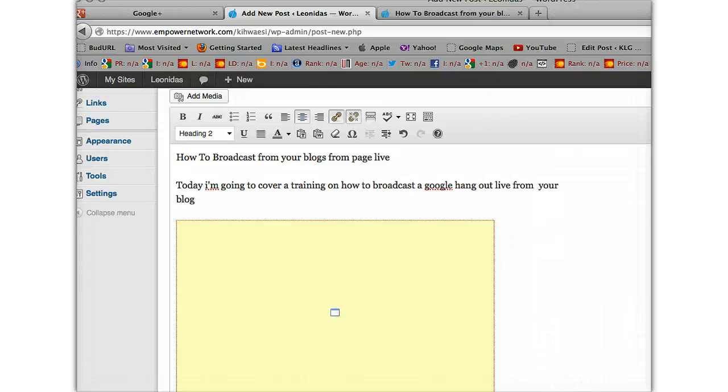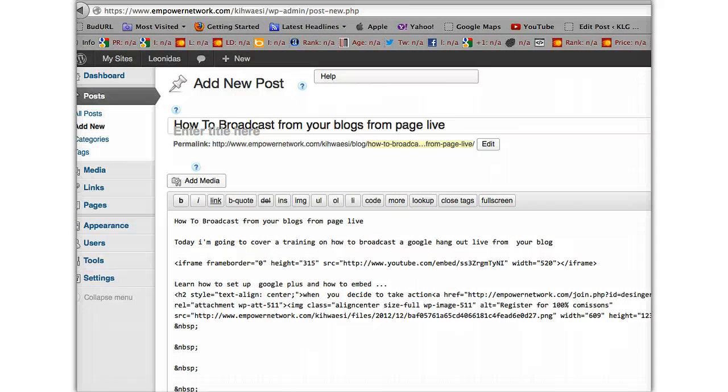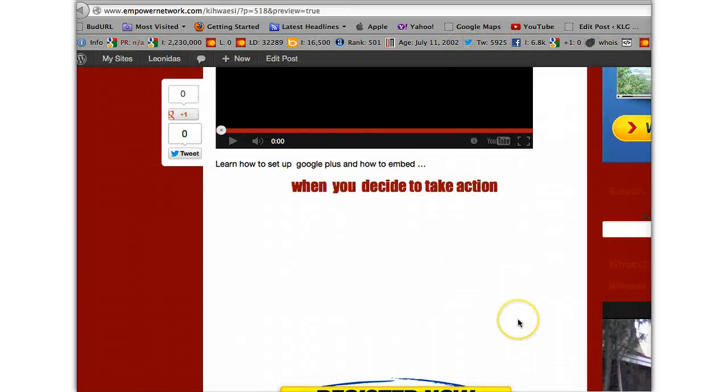And I would go back and check my embed code. I'm just going to click over to the text side, which is the HTML side of this, and I'm going to look for my Google embed code. It usually starts and ends with iframe. So the width is supposed to be 520, but that's not what it is. Oh, actually, it's 580. I'm sorry. If I said 520 before, I apologize. It's 580. And then I just go preview, boom, and then it's live.